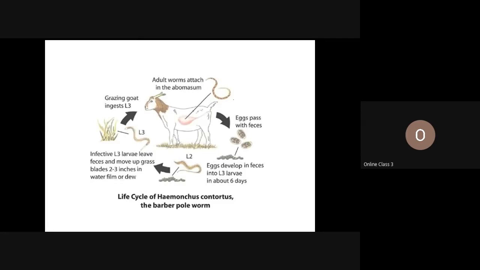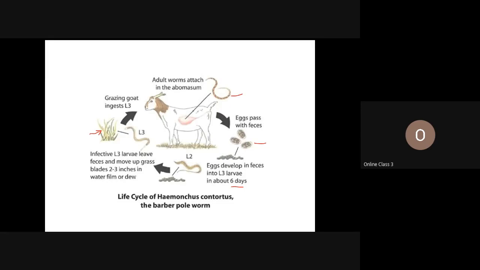The other parasites reside in the abomasum of the host, that means sheep and goat, and the eggs will be passed out in the environment. In the environment, it will develop within a week into L1, L2, L3. Okay, so L3 will wait for the host to ingest. They would climb up to the grass blade, and subsequently during grazing, the definitive host would ingest and completes